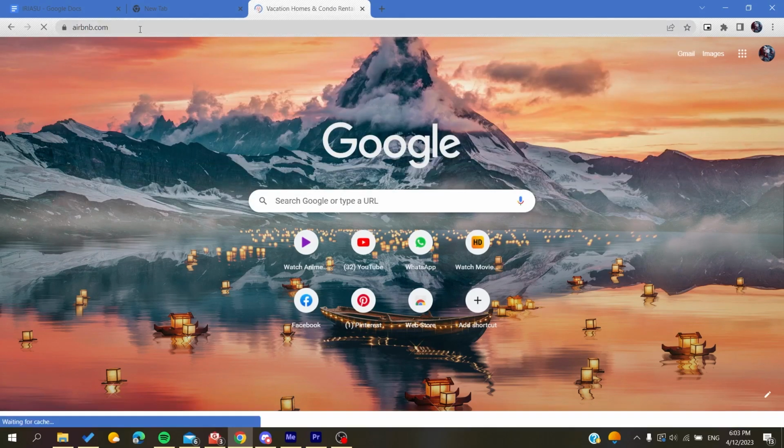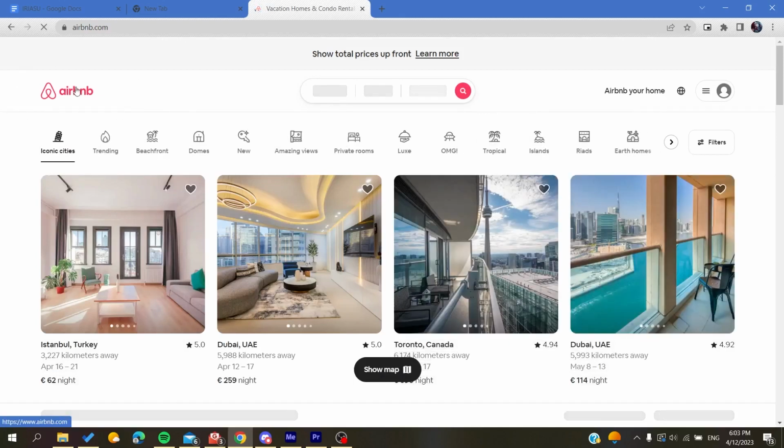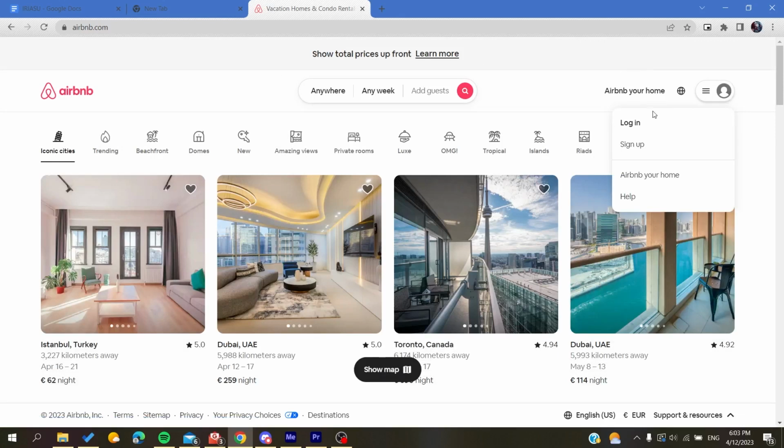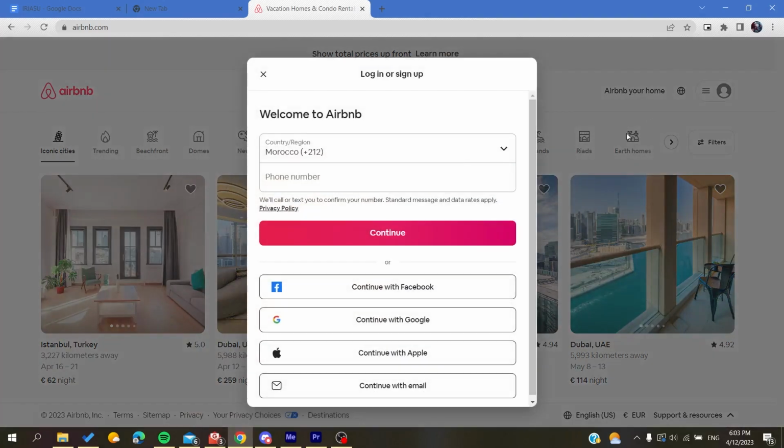After you click on it, you will be redirected to the Airbnb website, and then you will need to create an account. Basically you will just need to click on this icon here at the corner. You click on it, and of course you are going to click on sign up,